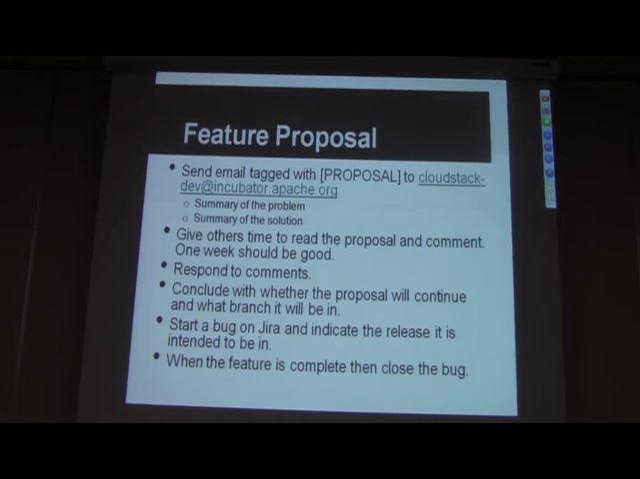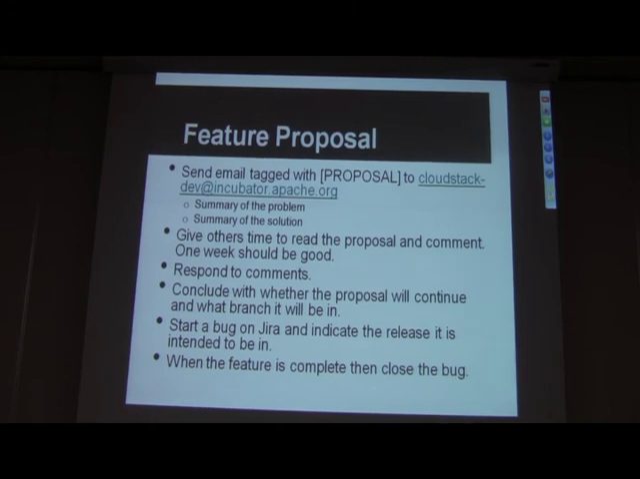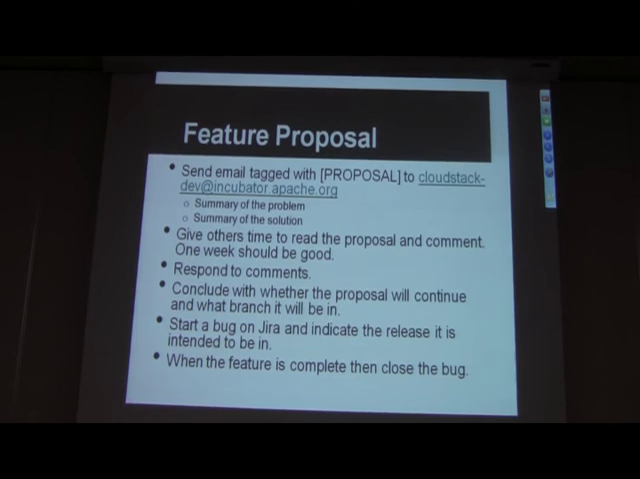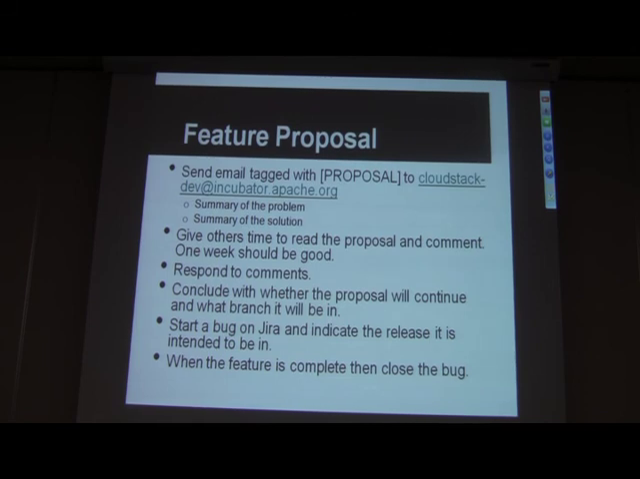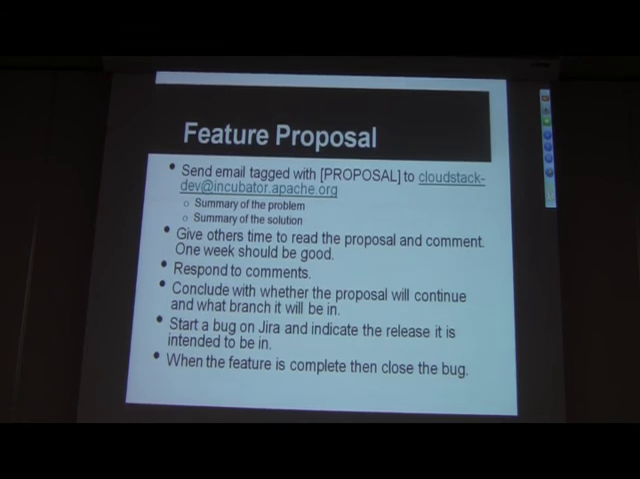If there are no comments, there is what we call a lazy consensus. That means people basically have read it and agree that it can be done. But if there are comments, you should respond to them. And after all the comments have been resolved, then you can conclude on whether or not the proposal will continue and what branch and what co-branch you will be working in. And then you should start a bug on Jira and indicate the release that you're going to be checking this in. When the feature is complete, then you can close the